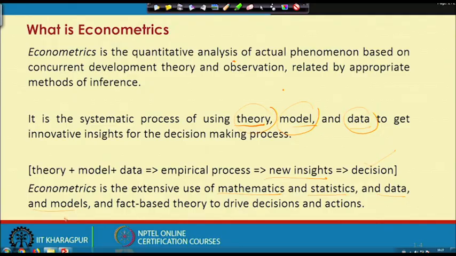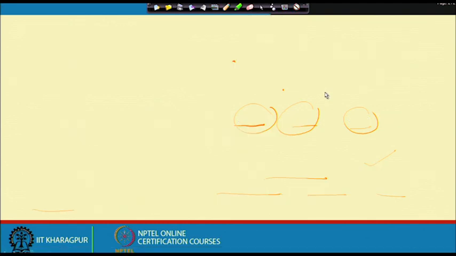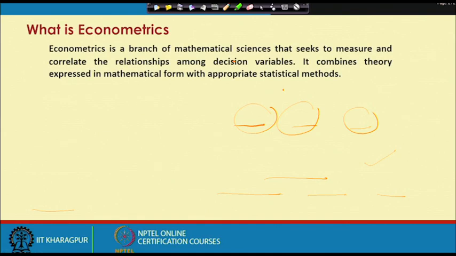So, what we can do here is we will take the help of econometrics, which can simplify the particular process in a much better way, and come up with new insights and some kind of fact based observations through which you can address the engineering problem in a much better way. So, that is how the structure is, and then ultimately we will move to the understanding of econometrics, and that too for the particular engineering area.